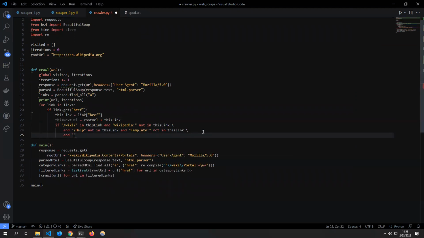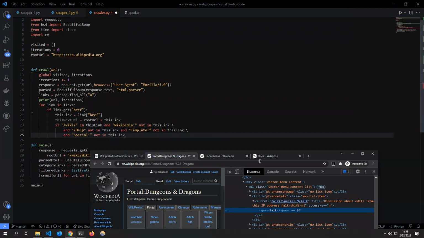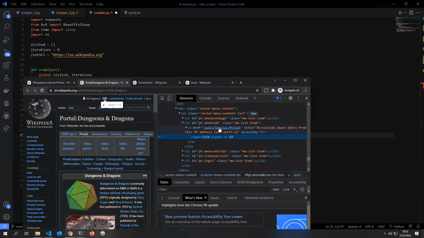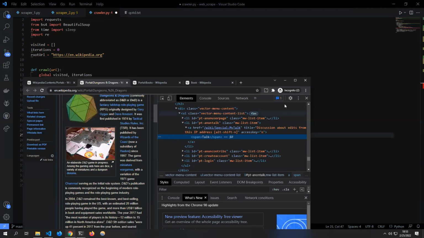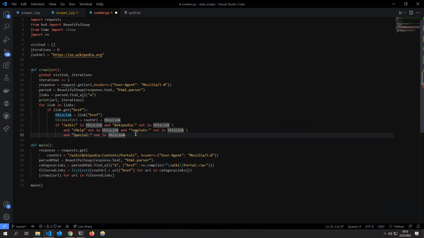and special is not in this link. As you can see right here, I don't care about talk or their UI controls. I just care about the actual data. So that's what a lot of this stuff is going to be. So is in this link, it's not, and where am I? User not in this link,